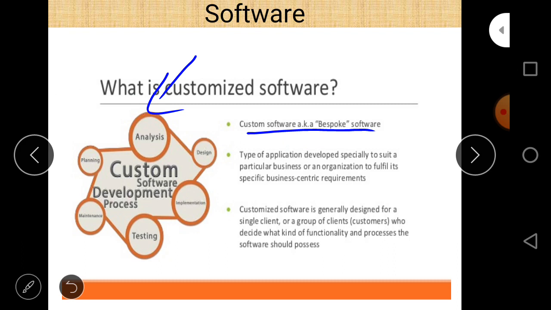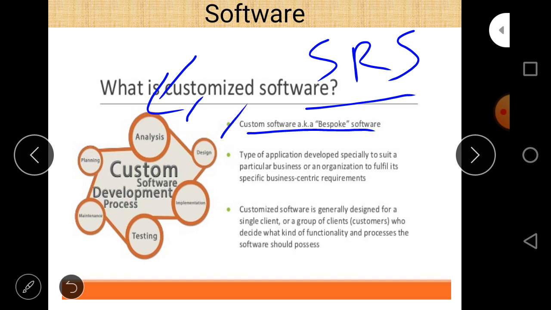These are also written in a document called the SRS report, system requirement specification, and it is a part of the software development life cycle. After the analysis phase is complete, the second phase begins, called the design phase.